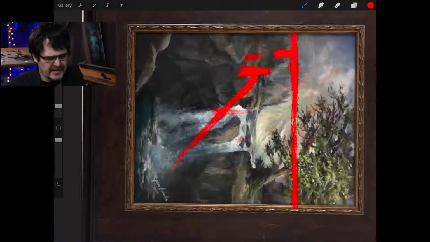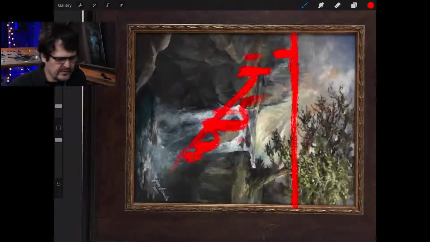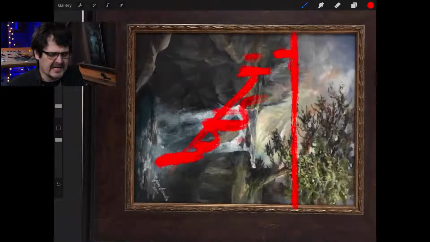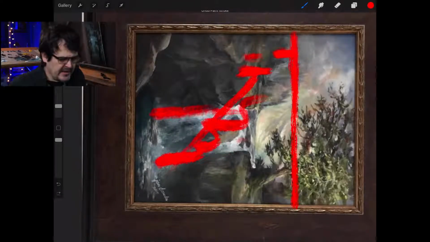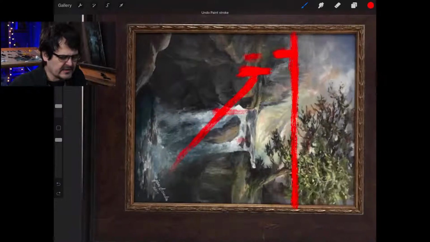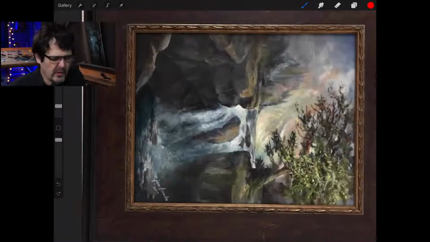So that's one thing I'll be looking at, and what that'll do is then this waterfall will have more of a diagonal cascade rather than necessarily straight down. And I know that this is a place, but if we just generally change our position a little bit, what do I mean by that? Well, if we were actually standing there looking at this waterfall, or at this point, if somebody tipped us over and we're laying on the parking lot looking at the waterfall,